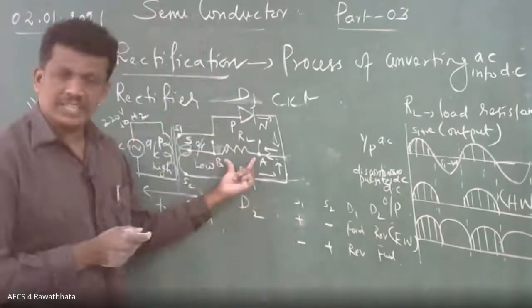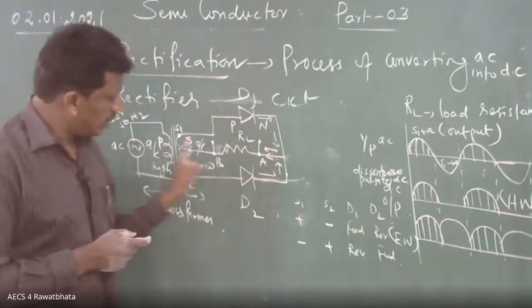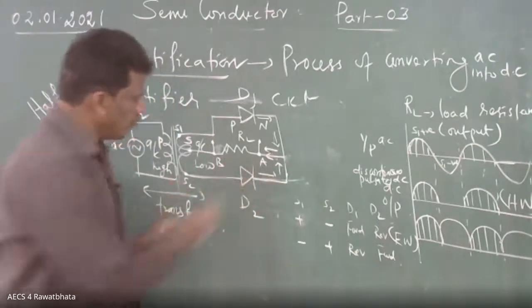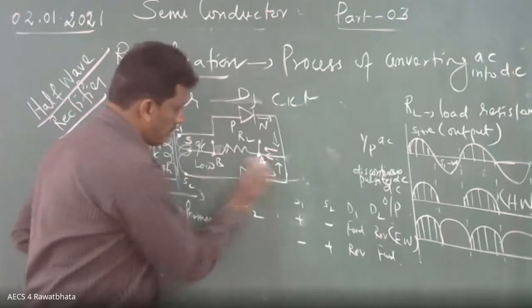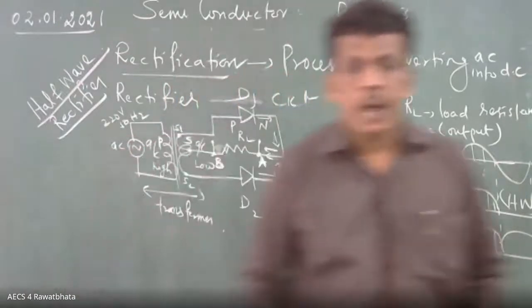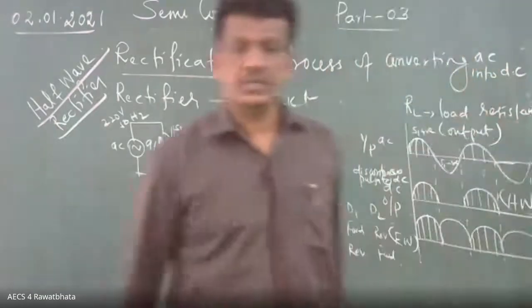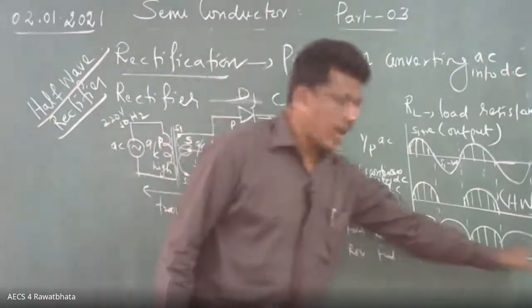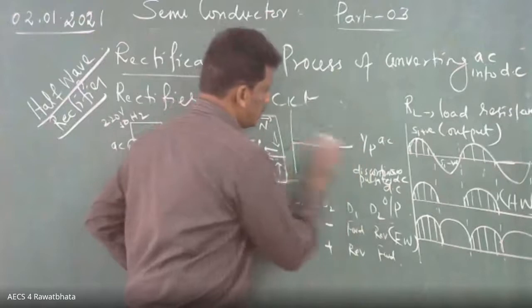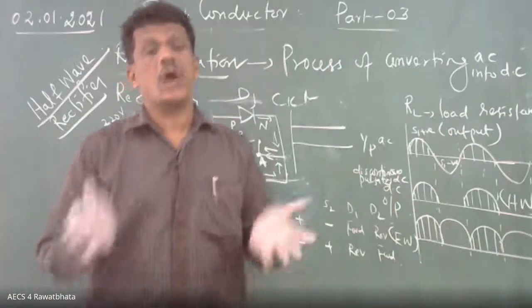So make the circuit like that. Suppose D1 is forward biased, current flows like that, A to B. D2 forward biased, current flows like that, but always from A to B. So you get output. What kind of output is this? Pulsating, continuous, pulsating DC. Continuous because there is no gap. Pulsating because it is pulse type. It's not a straight line. DC means it should be straight, but what you are getting is pulse type. That's why it is pulsating DC. So how to get perfect DC?